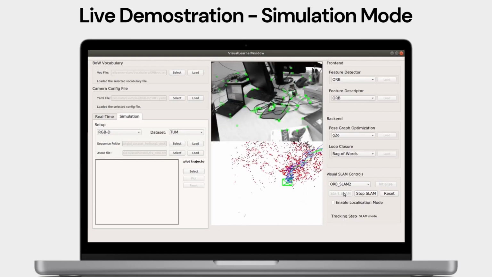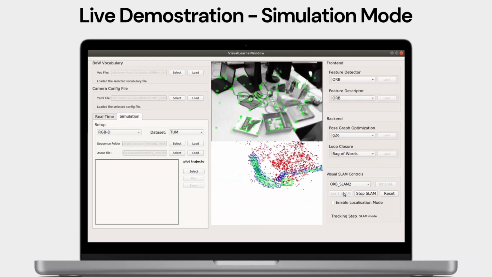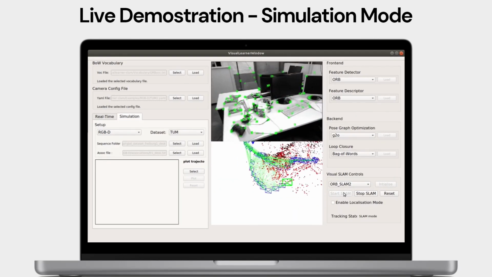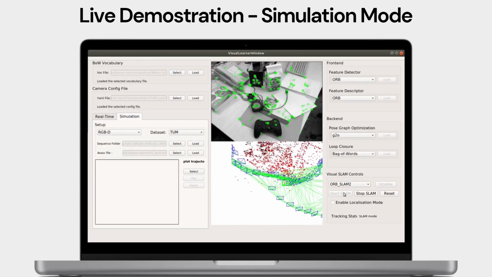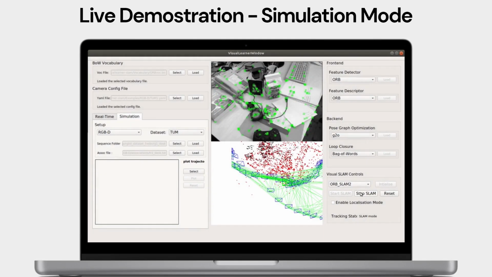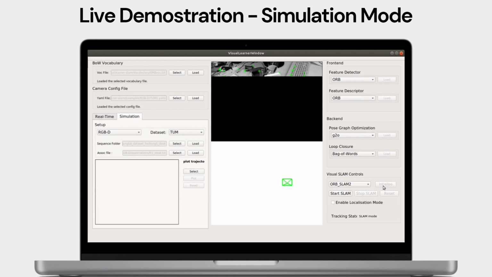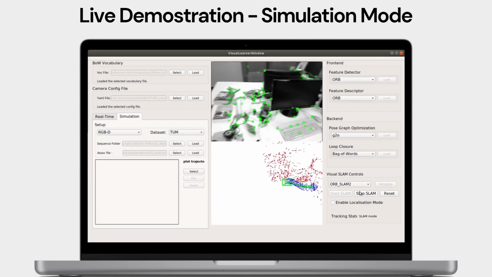The TUM and KITTI datasets are commonly used as benchmark datasets in robotics and computer vision research. They contain pre-recorded sequences of camera images, as well as ground truth data and 3D point clouds. Thus, they can be used to evaluate the performance of different